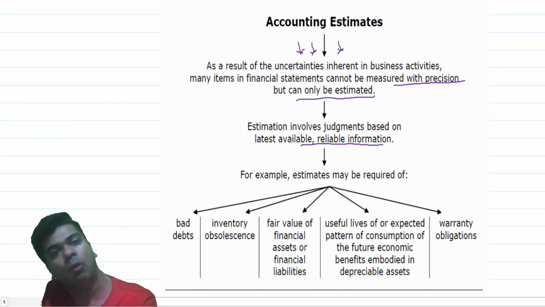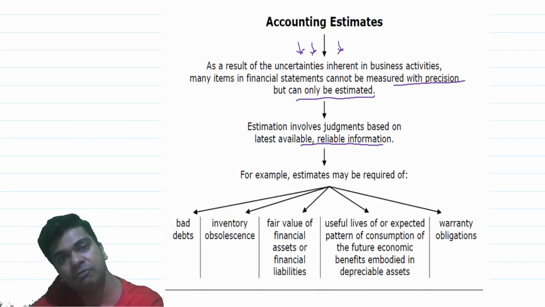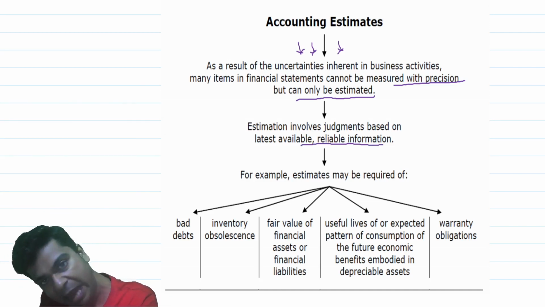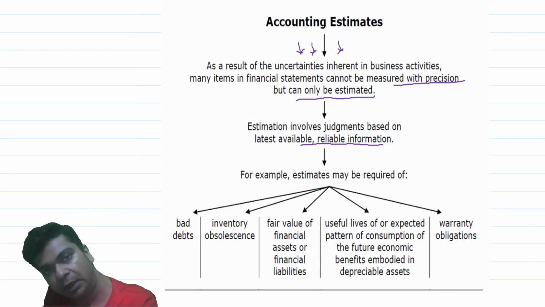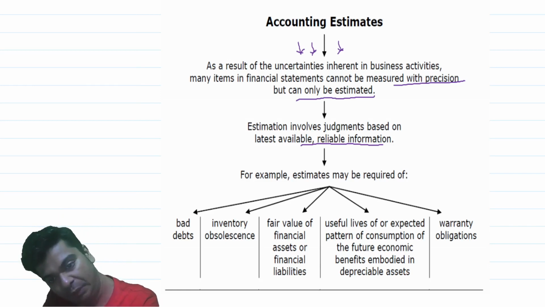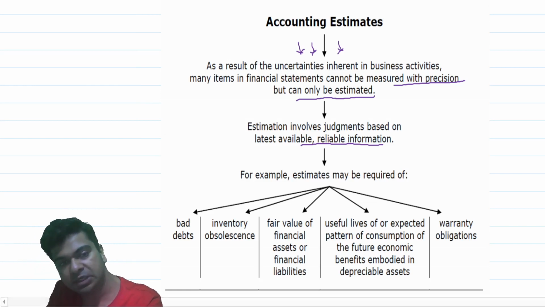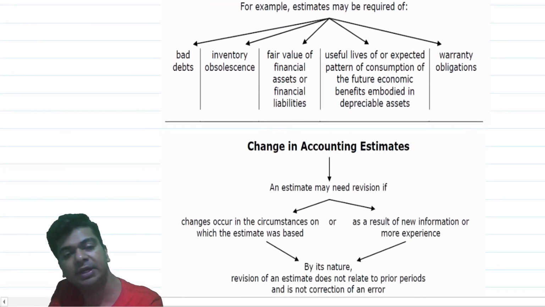As I said, whatever information is available right now, not the one available in future, that we will come to know only in future. At present, when you are carrying out the estimate, reliable information that is available, I will base my judgment on the basis of that. Certain examples are given of the estimates, which we have already discussed in a way.